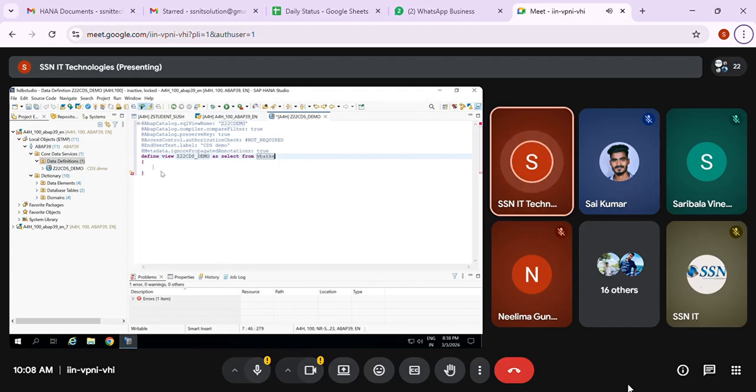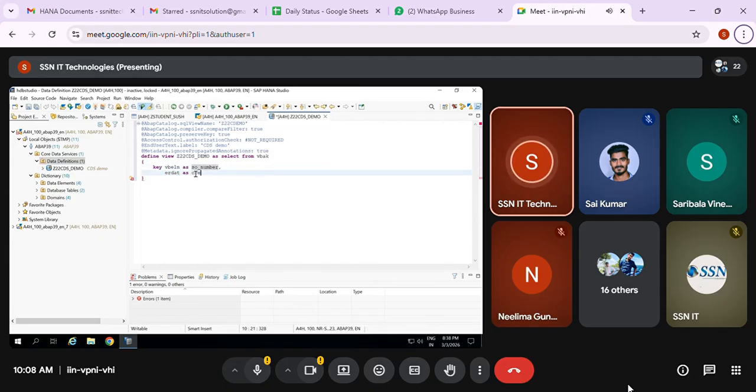As usual, same, VBAK, and here key VBELN as SO number, and then ERDAT as created on, sorry, a comma should be there.